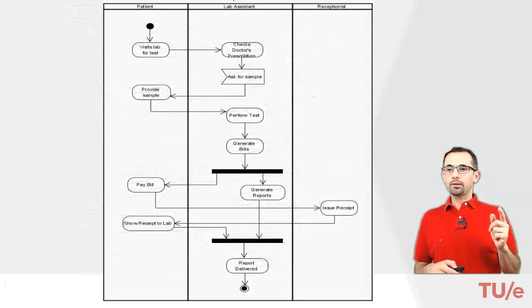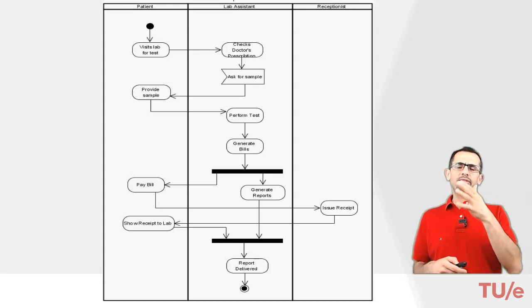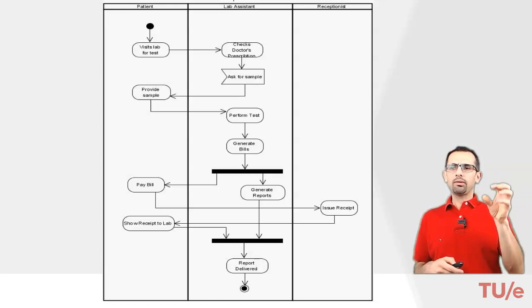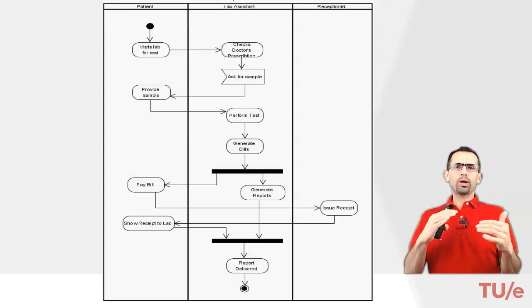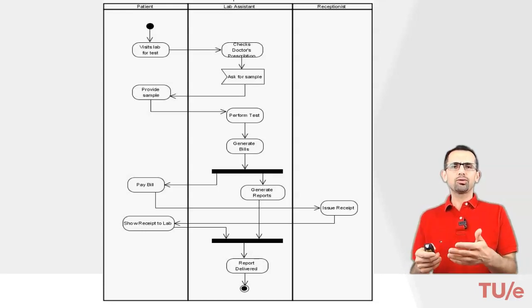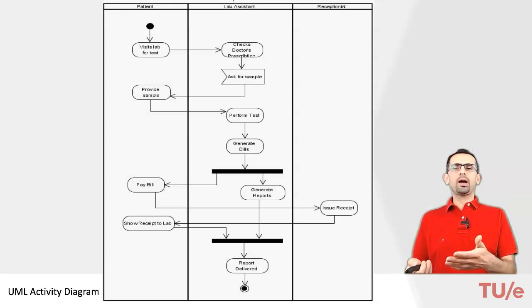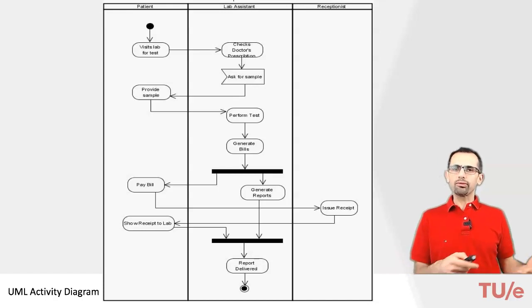How about this one? So we have lanes here, and each lane represents a different type of user, and then we have activities, and even decision points where you have AND or OR type of representations. Many of you are familiar with the BPMN notation. Essentially this is kind of a flow chart. This is a UML activity diagram, and it can be used to represent a control flow,